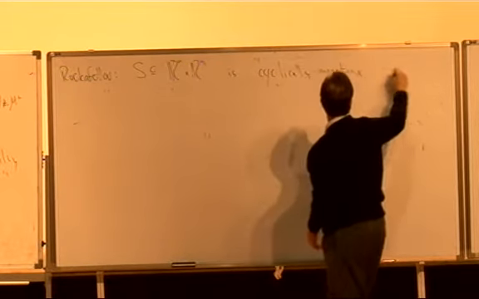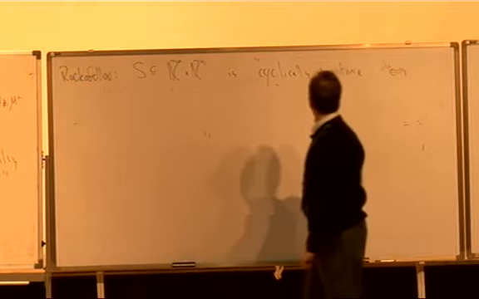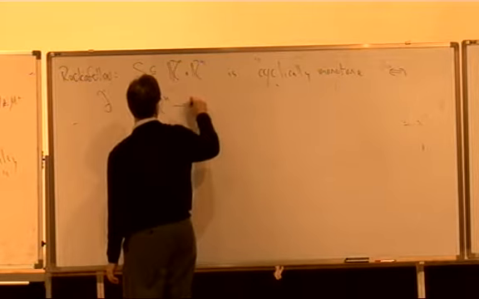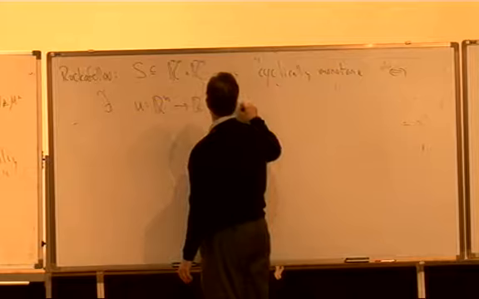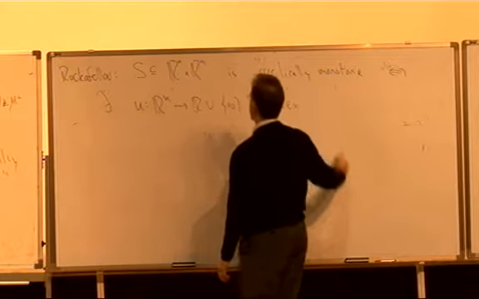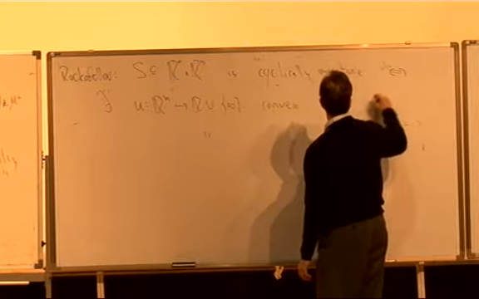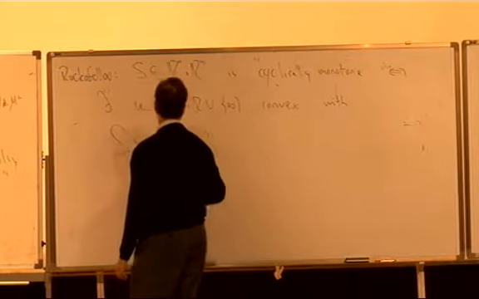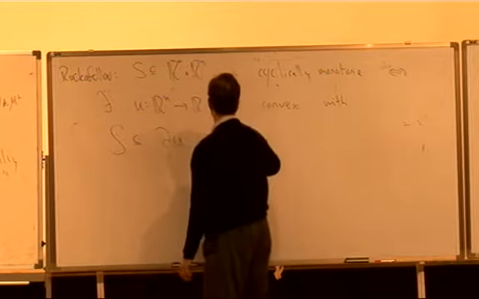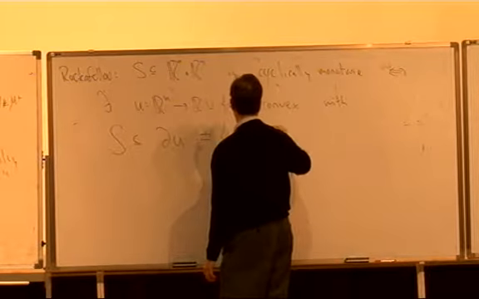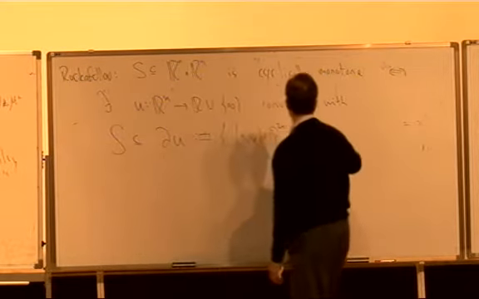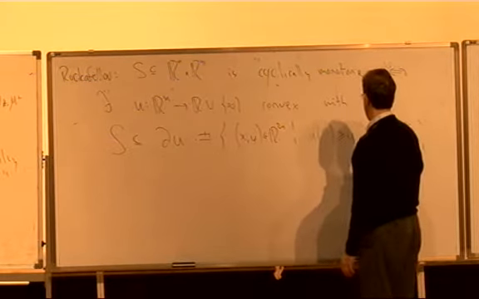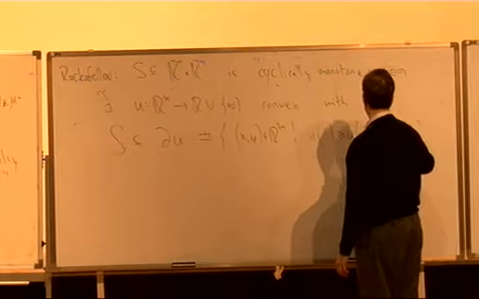This is another if and only if statement. There is a convex function u such that S moves inside what's called the subdifferential of u. And what I mean by the subdifferential of u is the set of all points x and y, such that the first order Taylor expansion of u gives a lower bound. The first order Taylor expansion with slope y